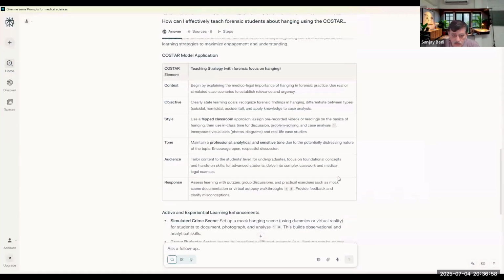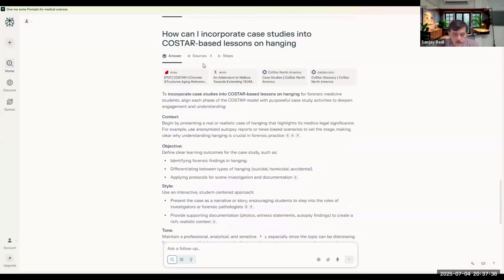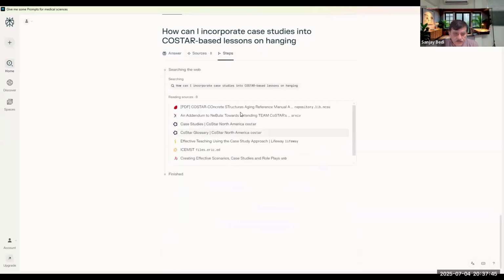So, what can I incorporate? How can I incorporate case studies into COSTAR-based lessons on hanging? So it has given me 8 sources and steps. The 8 sources from where it has taken, everything is given. So I can always check anything I feel is wrong from the source. So back to